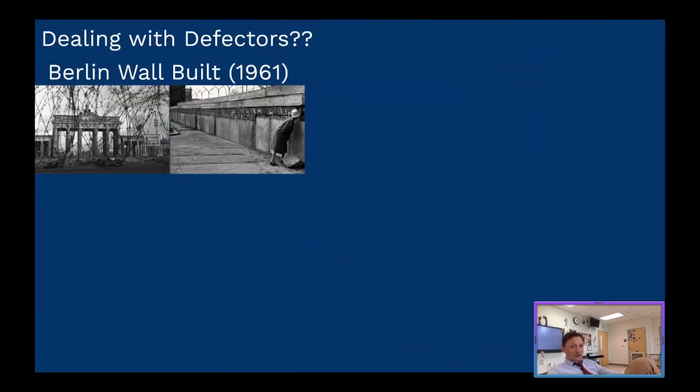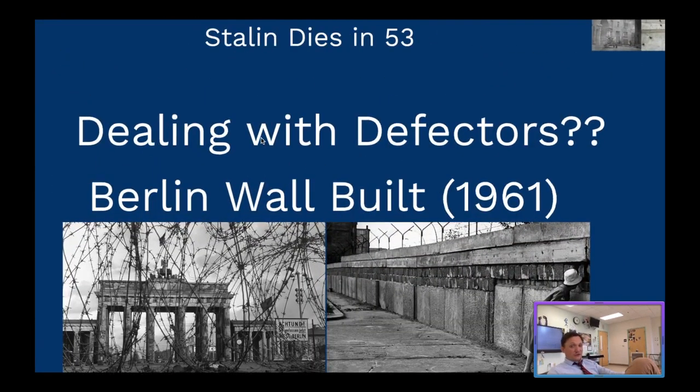So the big thing, though, you have to understand is the last thing: how do you deal with defectors, right? So as you can tell, we've got hot wars going on outside of Europe. We've got communism spreading. We got all these crazy things. And we also have the direct suppression of free speech and uprising against the Soviet influence in places like Hungary and Czechoslovakia, right? So really quick, are some of these people going to decide to start running away? Well, yeah, and one of the biggest cities where a lot of them decided to run away or to defect to the other side of Berlin, where they could then get out and get to West Berlin, which was the capitalist side of Berlin,